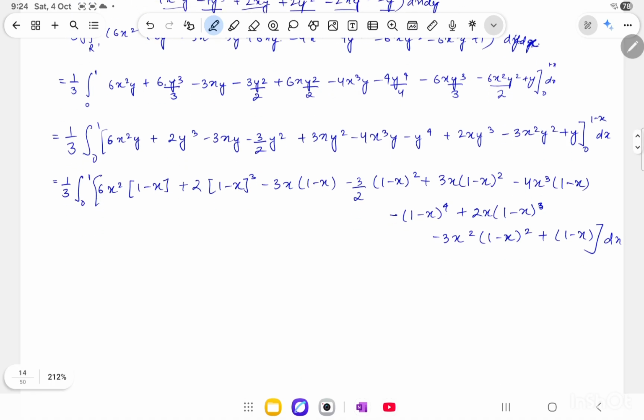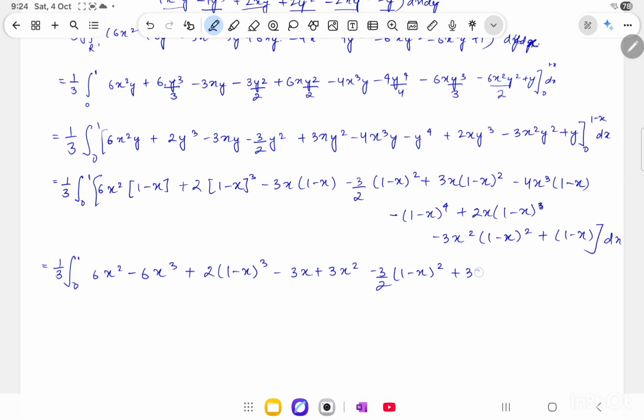Now let's just simplify it before integrating with respect to x. So it will be integration from 0 to 1, 6x square minus 6x cube plus, let's keep this term as it is, 2(1 minus x) cube minus 3x plus 3x square minus 3 by 2 (1 minus x) square